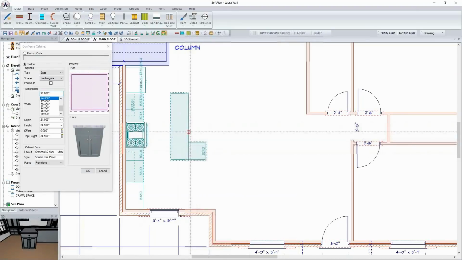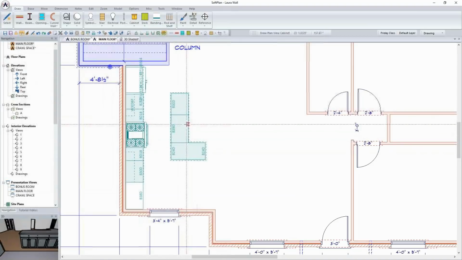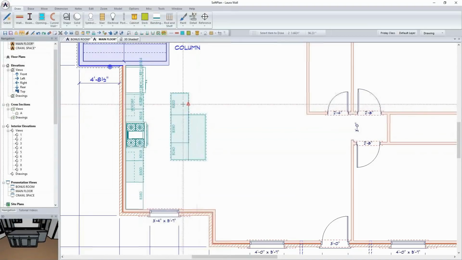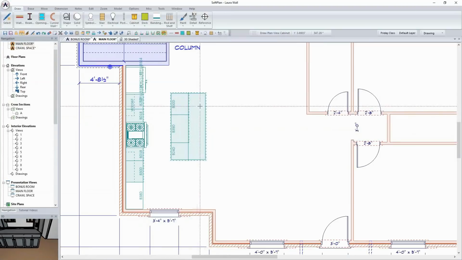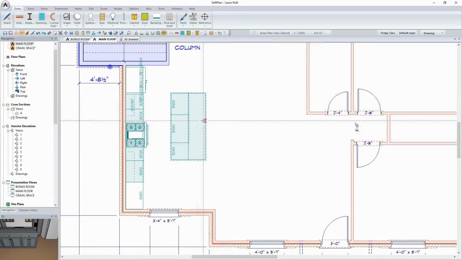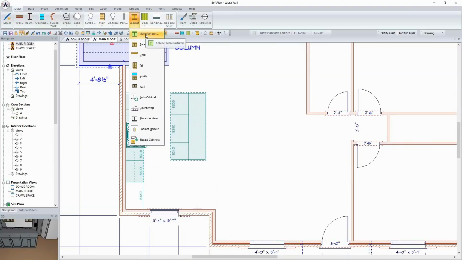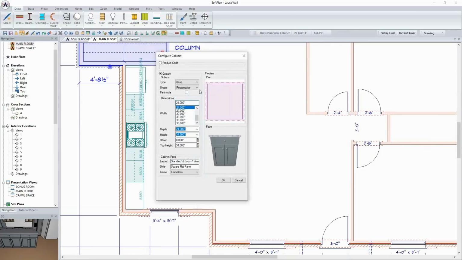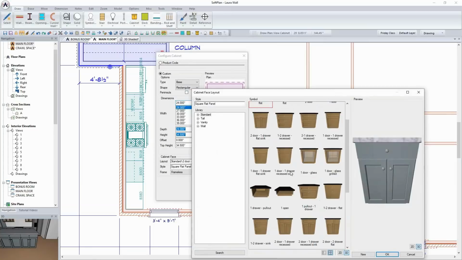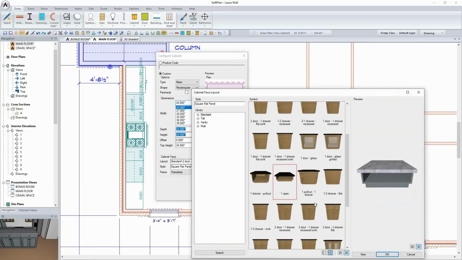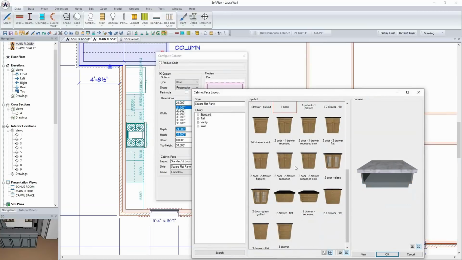And so then just using the same draw select option, I'm going to add these cabinets across the back, creating a kind of a large island setting, if you will. Okay. So as we're looking at this, if I wanted to place any kind of bookshelves or fillers or anything along those lines, you can come in and actually select from the face. We've got all kinds of open cabinets in there and so on, again, that you could customize and